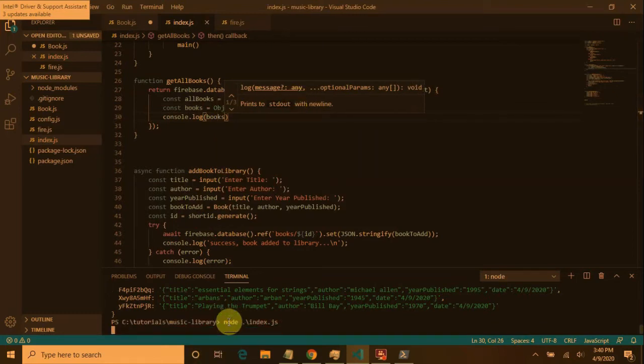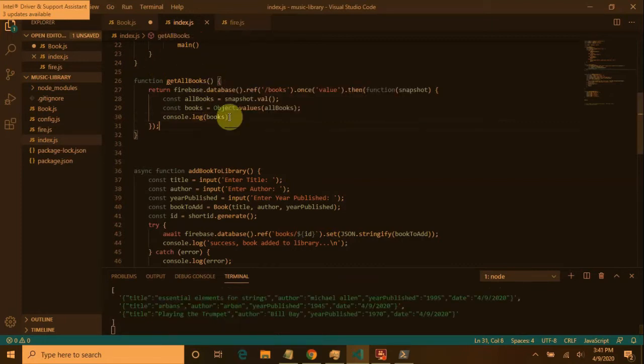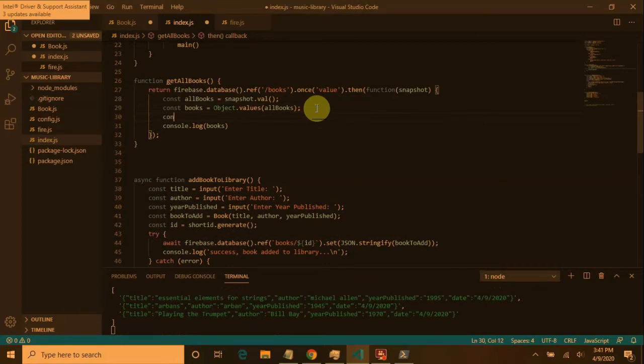All books. Boom, an array of JSON objects. Cool. Now we want to go through each JSON object and turn it back into a JavaScript object. So we can say const, we'll call this JSON books. And we can say const, just books equals